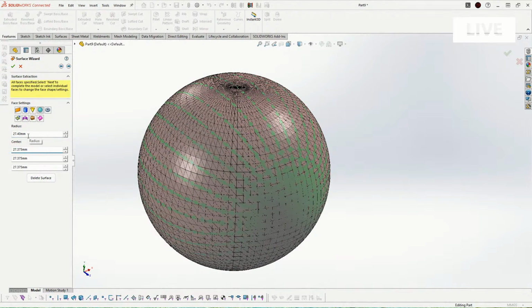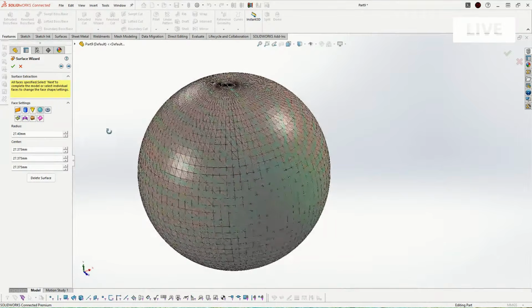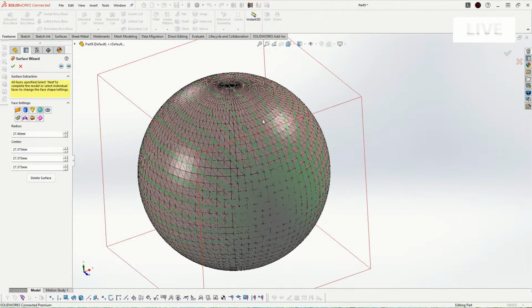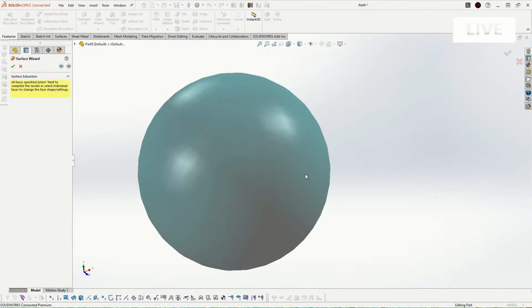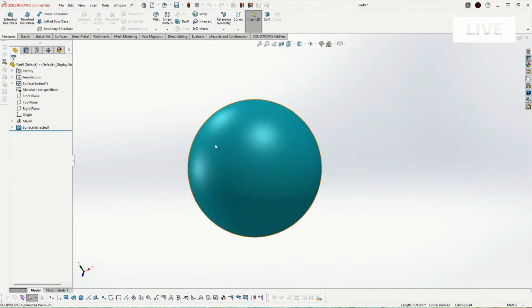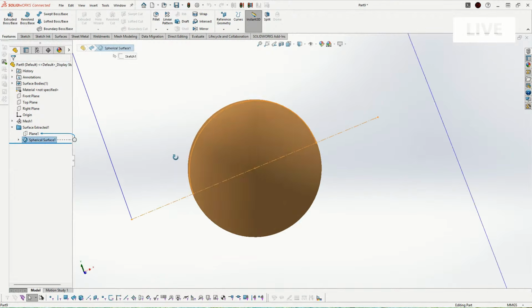So that radius initially, it just guesses, right? It just interpolates between all the points and tries to get as close as it can. Yes. And once I do this, I can click somewhere away. If I have more than one surface to convert, probably I will click somewhere away. You will see what is converted, and then I will see the rest of the faces that are here. In this case, we don't have any. So I just go next and close the surface wizard and do have a spherical surface based on the STL